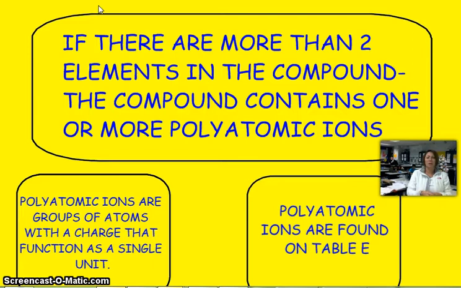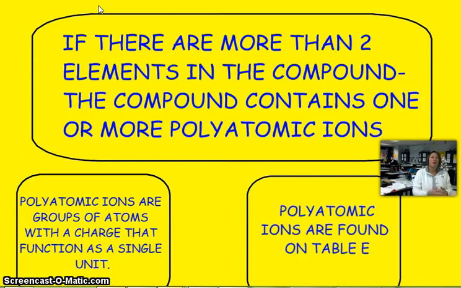Up until this point, we've either been naming a metal to a nonmetal, or a semi-metal to a nonmetal. Well, what happens if there's more than two capital letters in there? What do you do then? It's a different set of rules, sort of. Okay? So if there's more than two elements